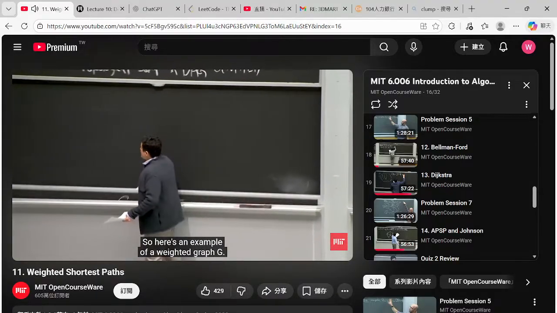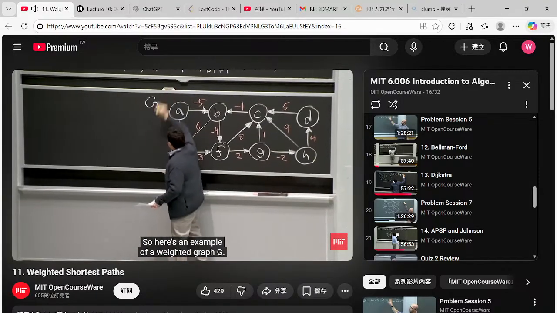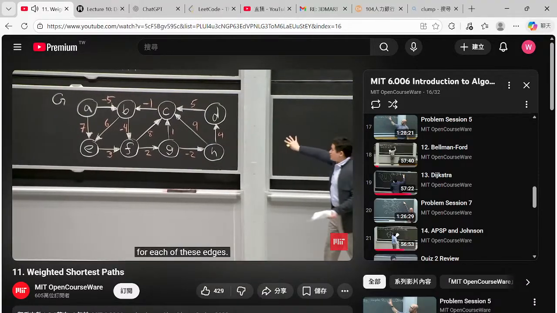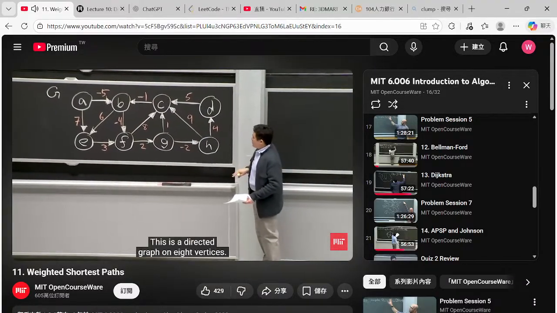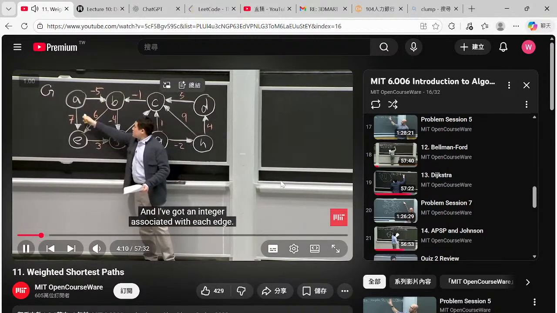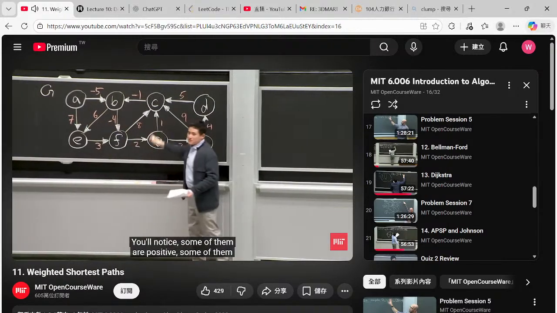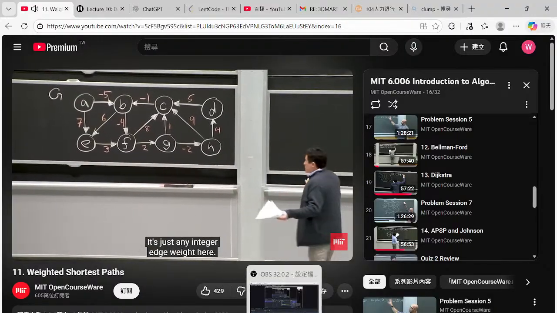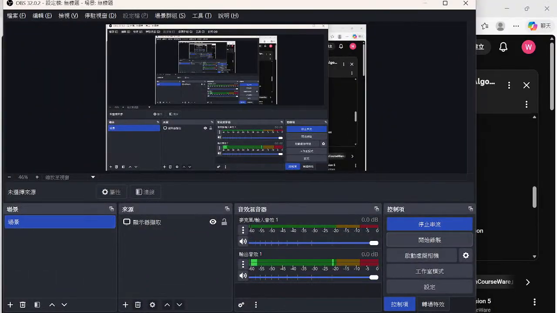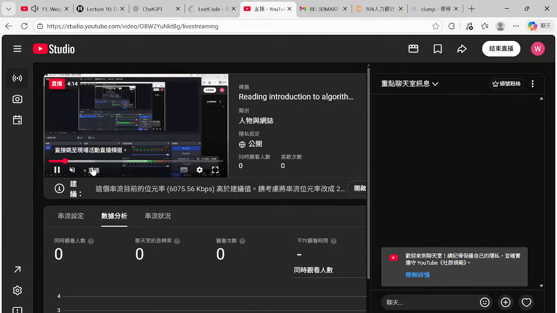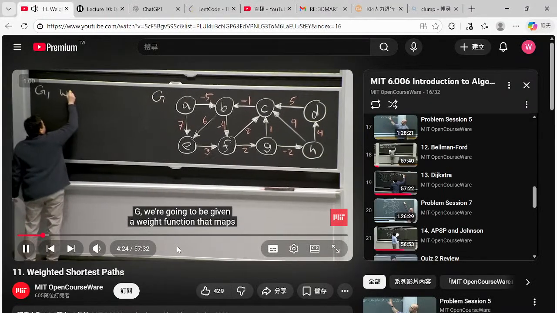So here's an example of a weighted graph G, and I've labeled in red weights for each of these edges. There's a directed graph on 8 vertices, and I've got an integer associated with each edge. You'll notice some of them are positive, some of them are negative. It's okay to be 0 as well. It's just any integer edge weight here. So generally, along with our graph G, we're going to be given a weight function